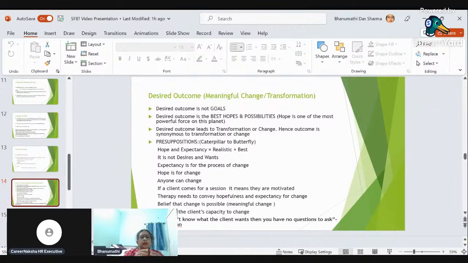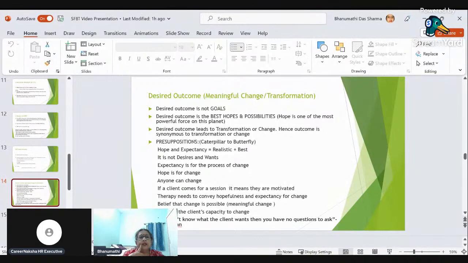Now we come to the desired outcome. That is, what is the desired outcome? That is a meaningful change and not transformation. Now let me explain to you the desired outcome. What is the difference between goal and the desired outcome? You must have watched reality shows like Indian Idol, Dance Plus, Dance India Dance. Though they are where